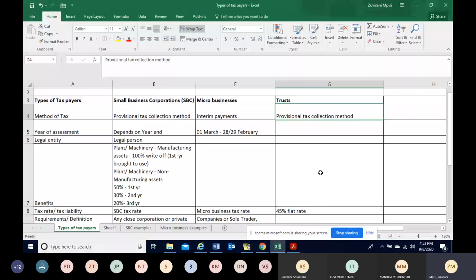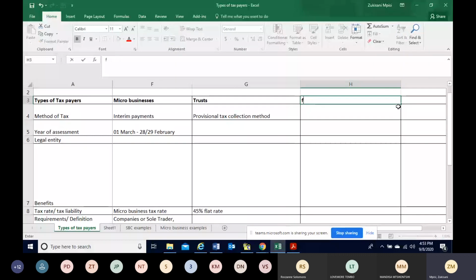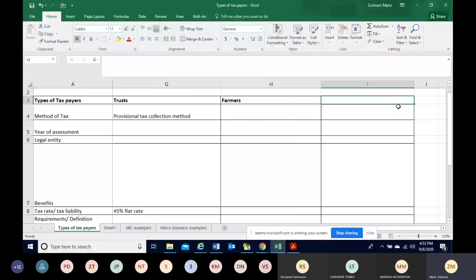Then you've got farmers, and you are told that farmers are just mentioned so that you know that there are other taxpayers called farmers, and also other taxpayers which have been classified on the below page, page 48, as retirement funds, venture capital companies, and all those. Now we are going to look at 3.9,